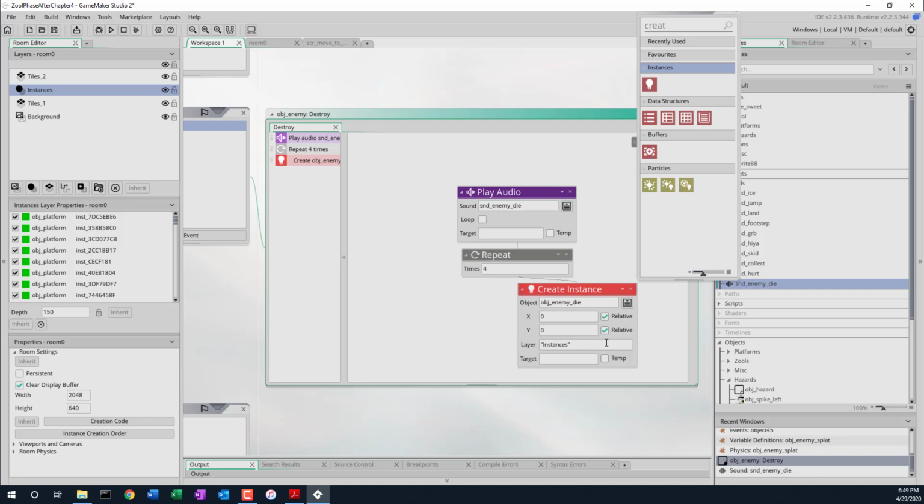But then now we have to set a speed and direction on this thing. The question is, how do we refer to it once we create it? This is interesting. Let me think about this for a sec. I suppose what we can do is, in the create event of object enemy die, we can actually give it a direction and a speed. So why don't we do that? And